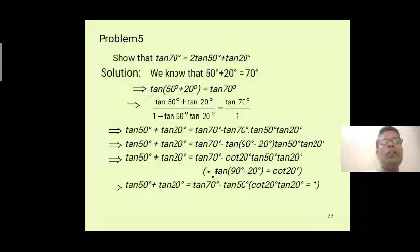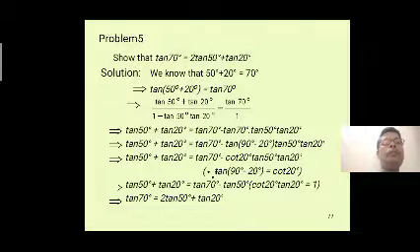Now tan 50 degrees plus tan 20 is equal to tan 70 minus, what is the value of this one? Tan of 90 minus 20. We write here tan 50 degrees outside, and cot 20 into tan 20 degrees is equal to 1. Now write tan 70 degrees is equal to, you observe here tan 50 is 2 times. Okay, the minus tan 50 goes to the right side, we get 2 tan 50 degrees plus tan 20 degrees.